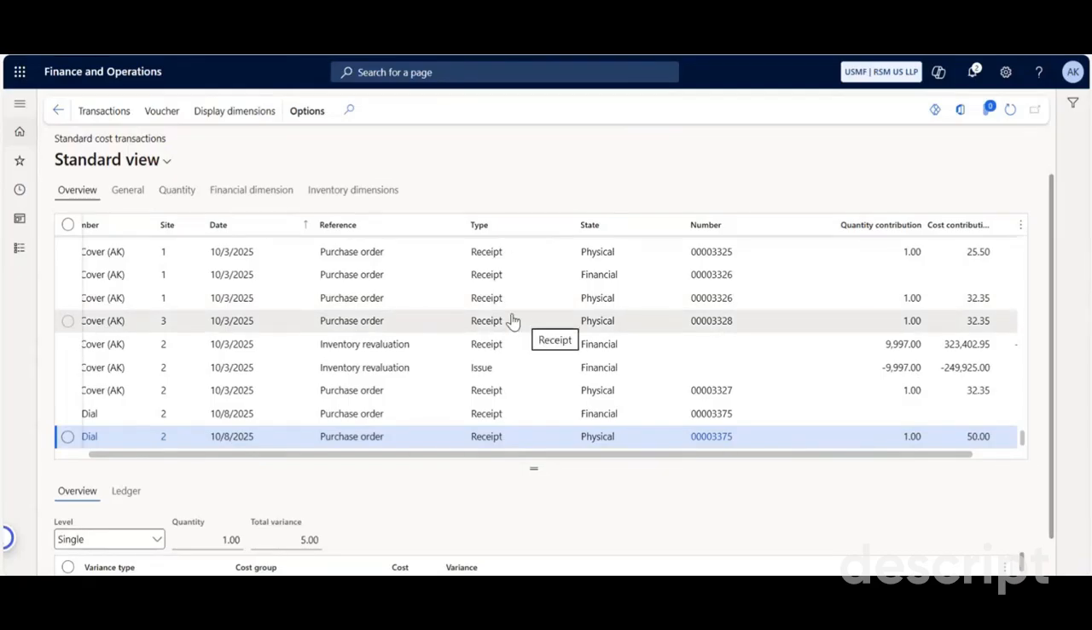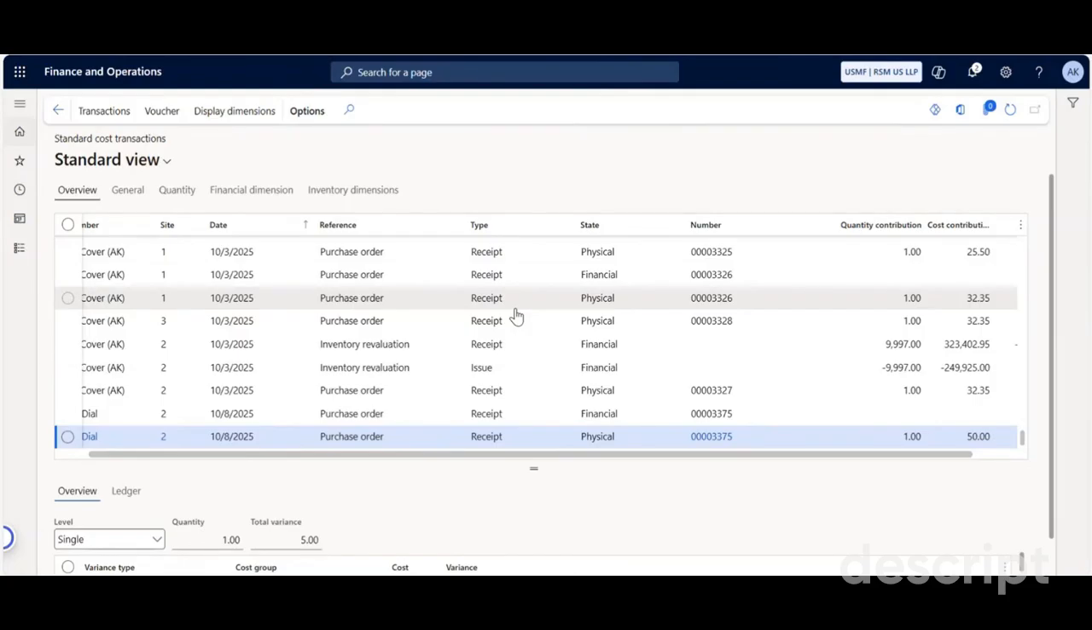A type receipt just means it came in, and issue means it went out. It really has nothing to do with purchase orders, sales orders, or any of that. That just means inventory went up or inventory went down. That's all that means. State is either physical or financial. Physical, again, is the posting of the receipt, posting of the packing slip, the posting of the pick list, those kinds of things. Financial would be posting the invoice on the purchase order, posting the invoice on the sales order,